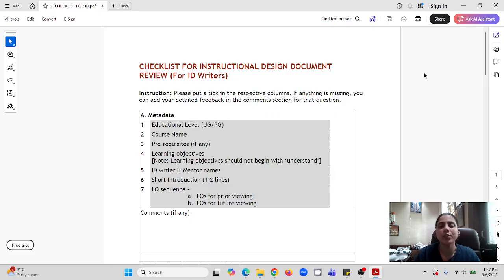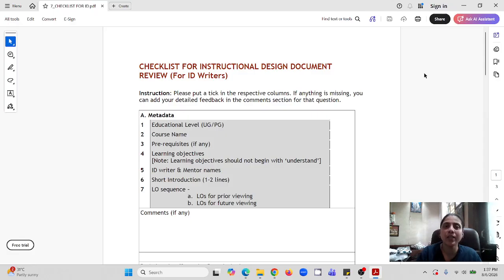I'm Anura and today we are going to learn about some checkpoints for an ID. As you can see on my screen, this is a checklist which I have used previously in my career. So you can create one for yourself or use any one that is available on the internet. It really doesn't matter. What matters is that you do a thorough check of everything before you send it for